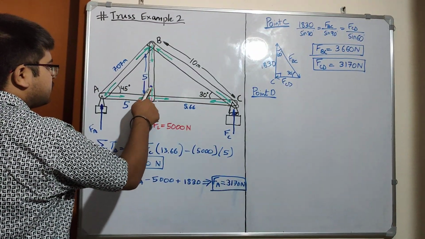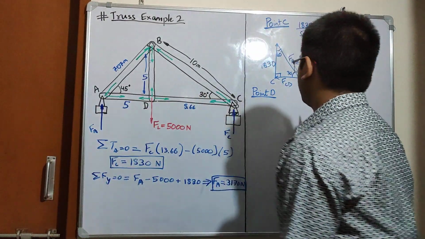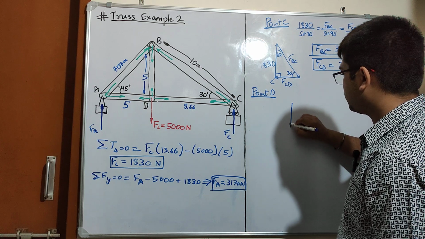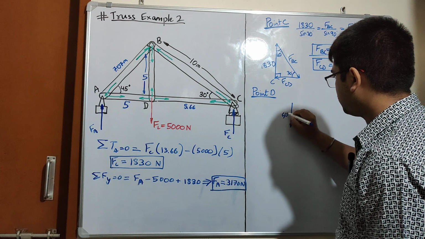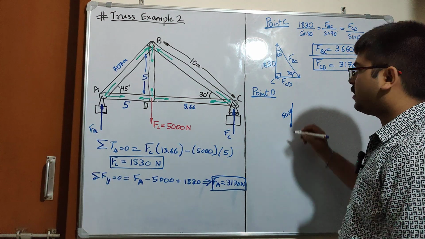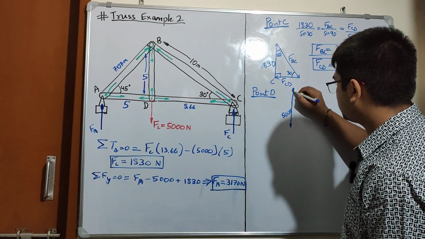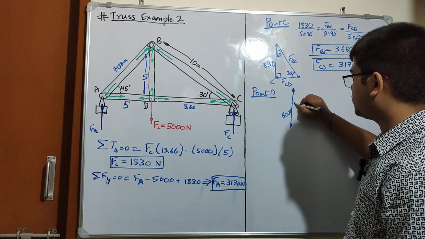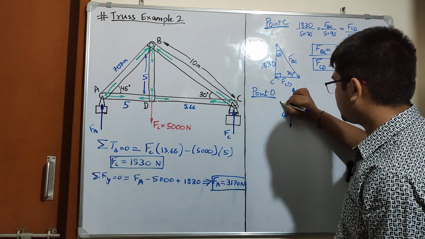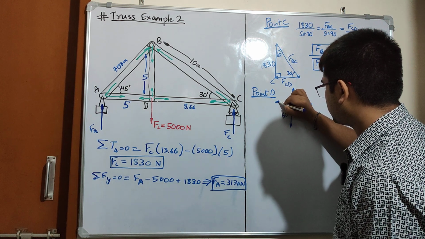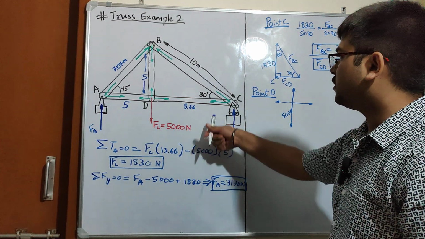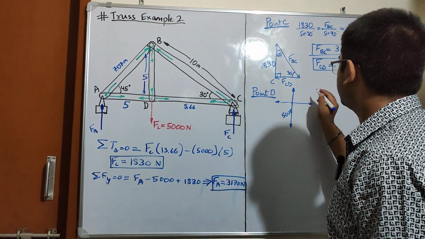We have a 5000 force here, a force in the upward direction, a force in this direction, and a force in this direction. This force we know, FCD is 3170,